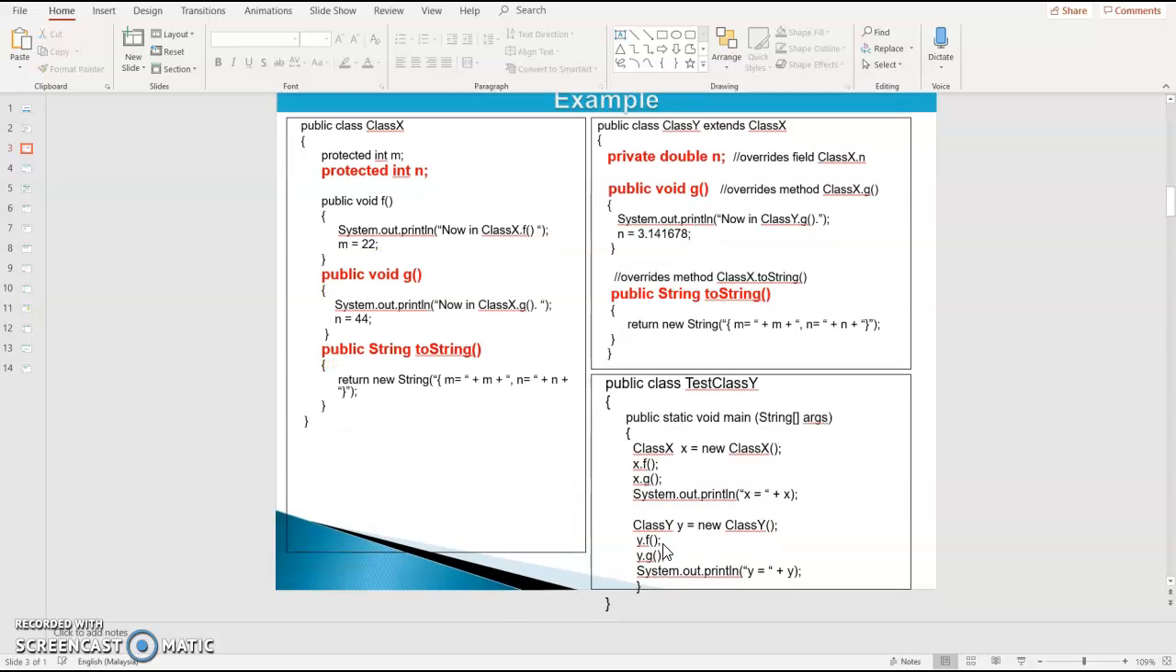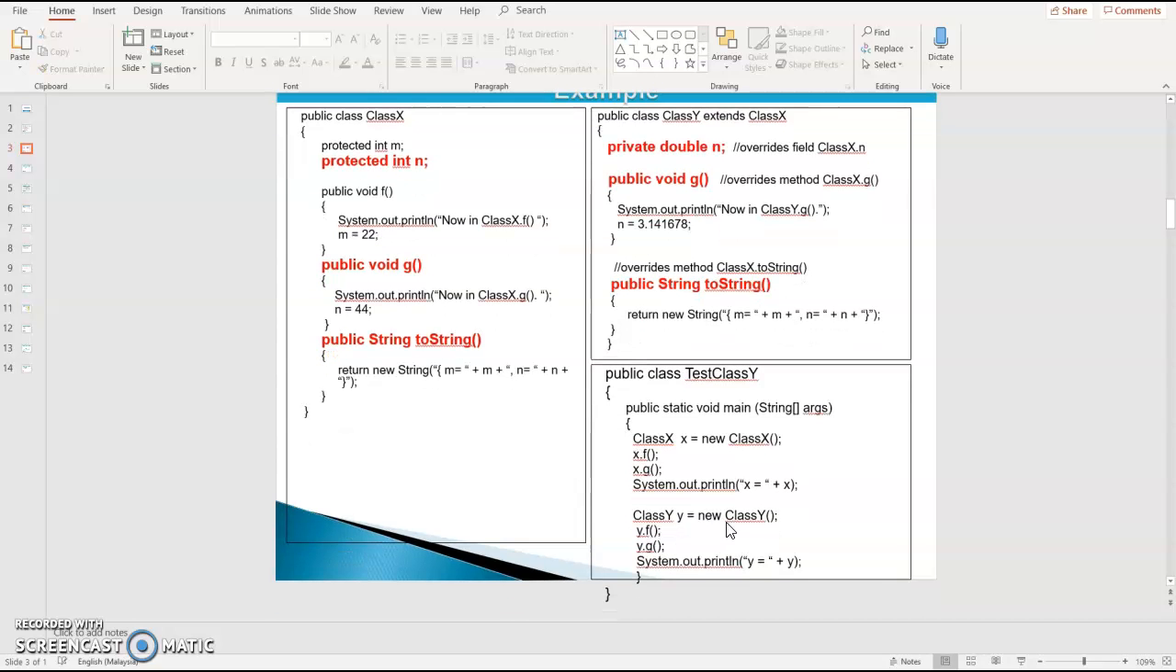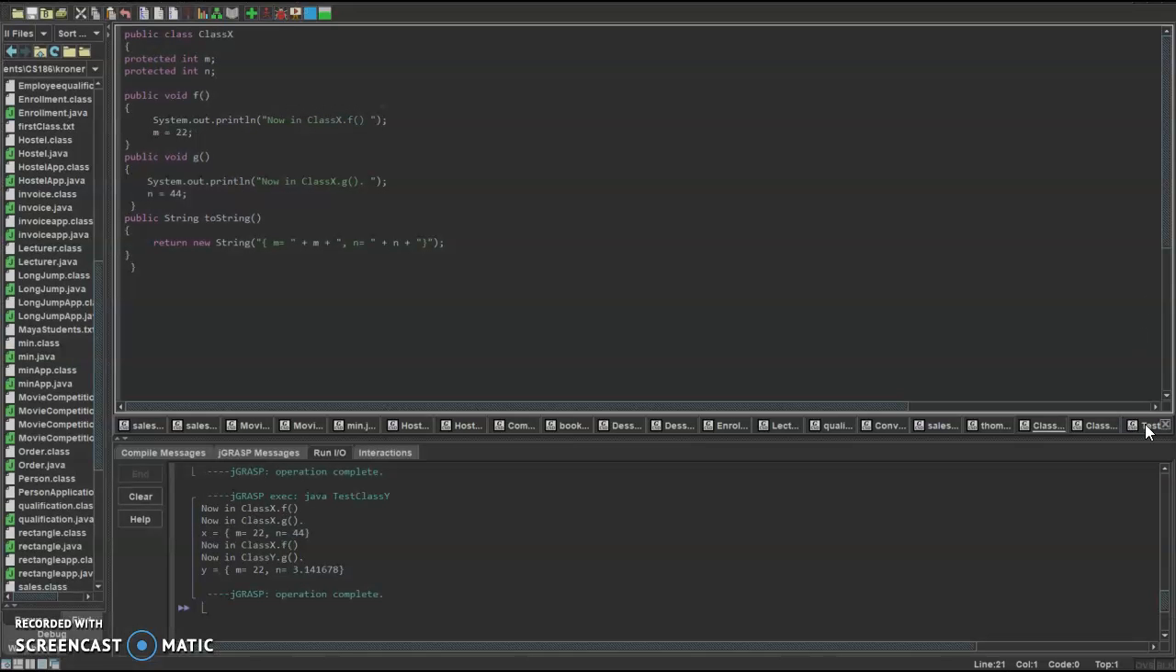And then the same thing, class y equals new class y, call methods f and g in the class y, and then print out y equals plus y, which calls the class y with all the members and methods. So if we run it inside Java,